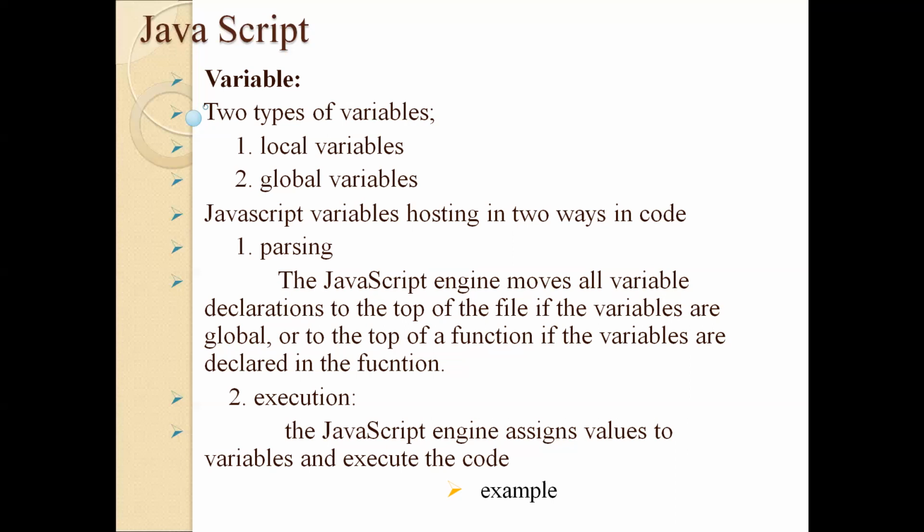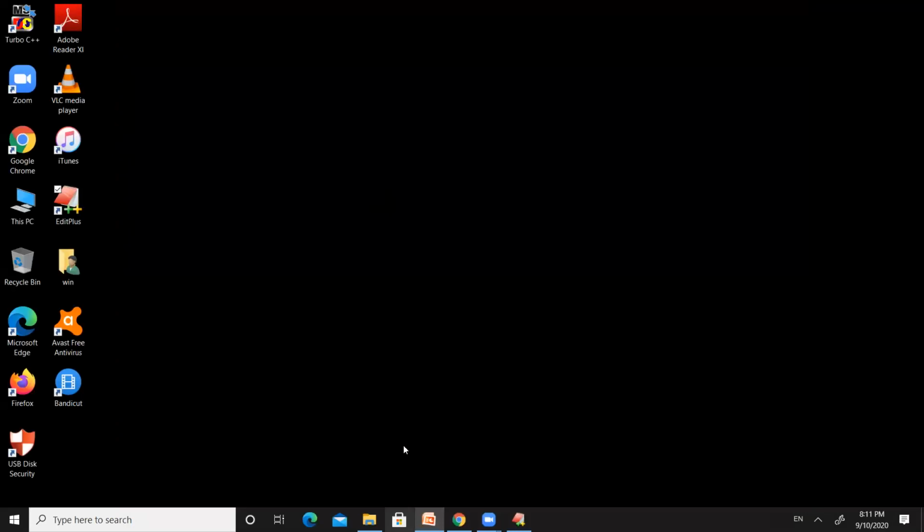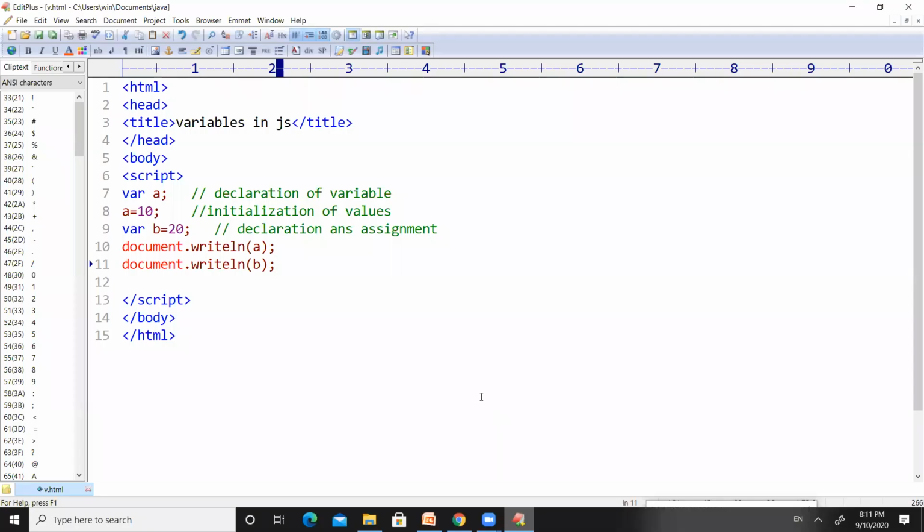Not the same. It is a quite different topic. I will speak about that thing later. So keep the things in your mind. If we declare a variable outside of all the functions, then it is a global variable. If we declare a variable within the function, then it is a local variable, right? So let us see one example program that will clear all the doubts. Let us move to the programming window, EditPlus, right?